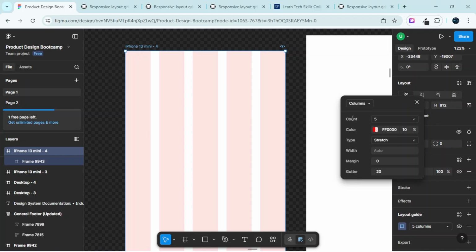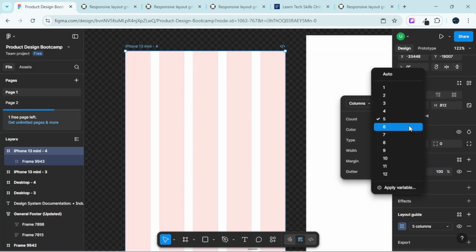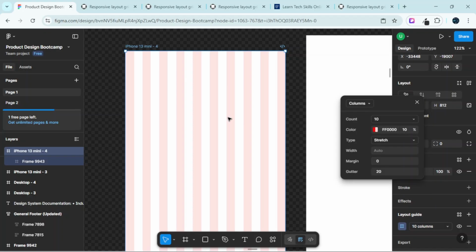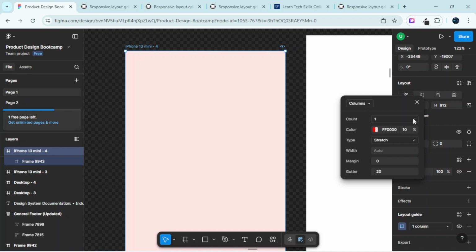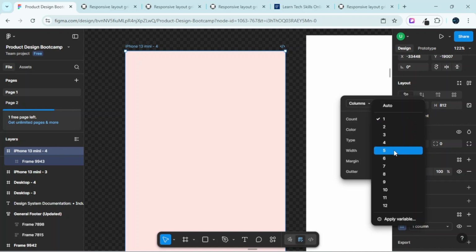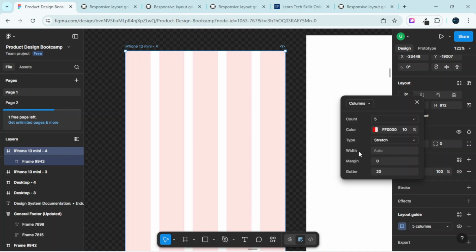So how do I know the count? Because over here, I could have 10 column counts inside my mobile frame, or I could even have one column inside my mobile frame. So how do I know if I should choose 1, 2, 3, 4, 5, or 6 columns? How do I know the margin space that I'm going to be using for a mobile device? How do I know the gutter value that I'm going to be using for a mobile device? Now, in order for us to actually find this out and configure it, we are going to reference the